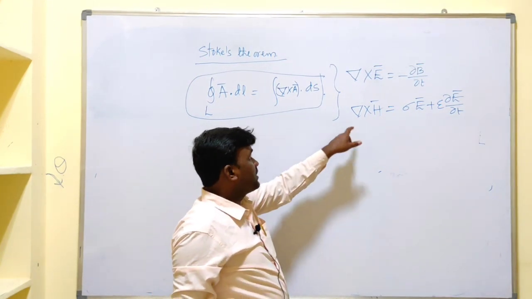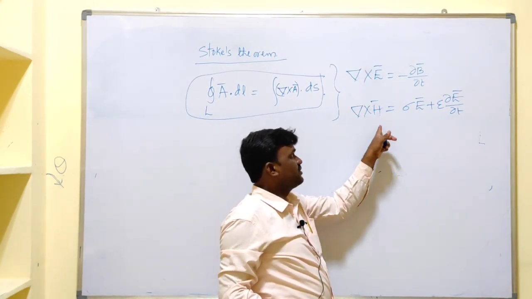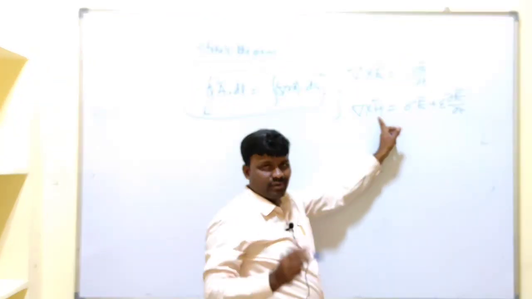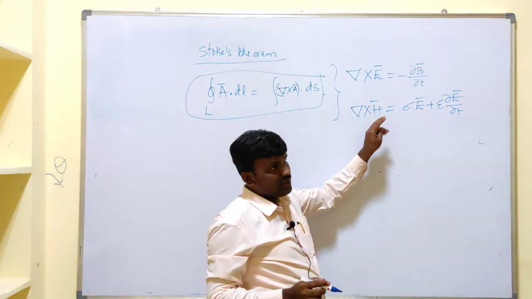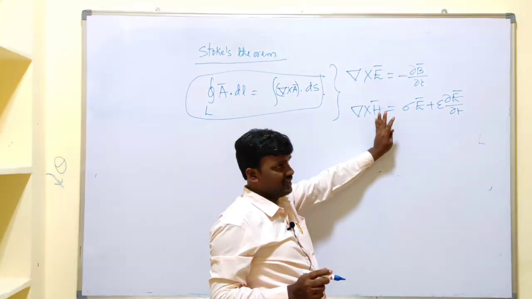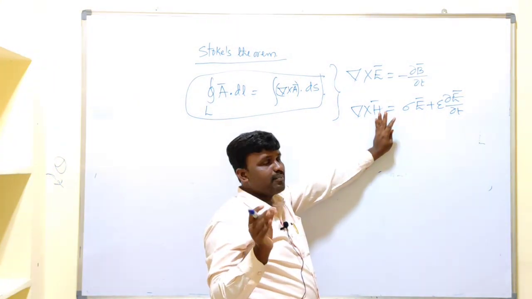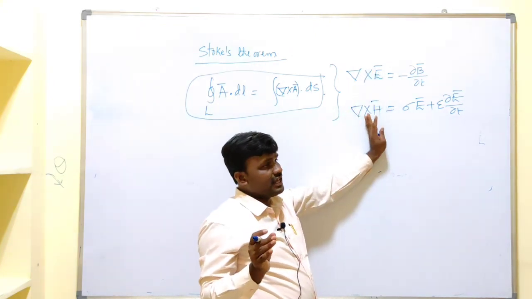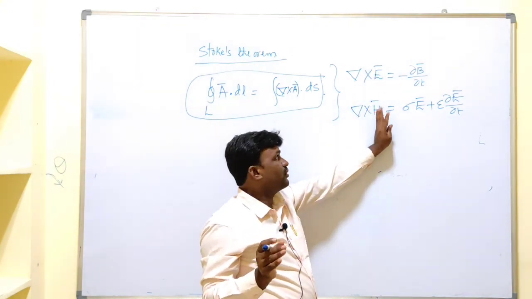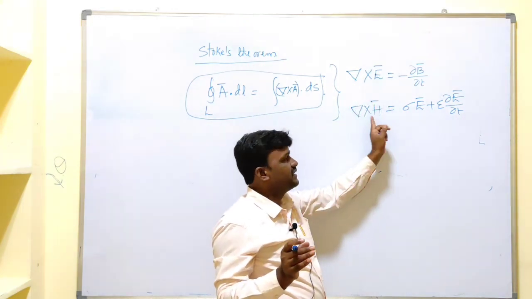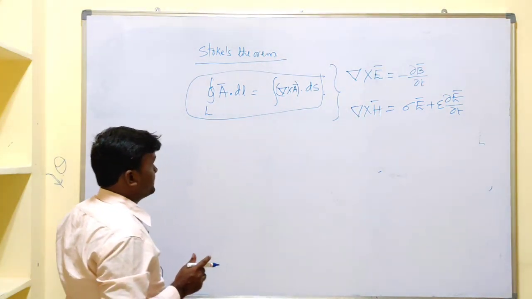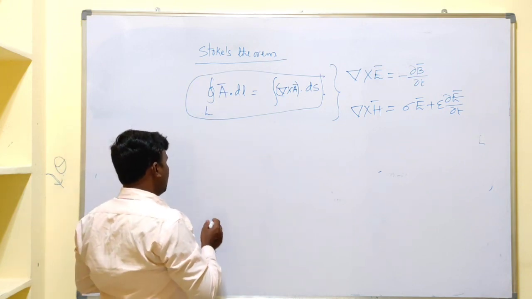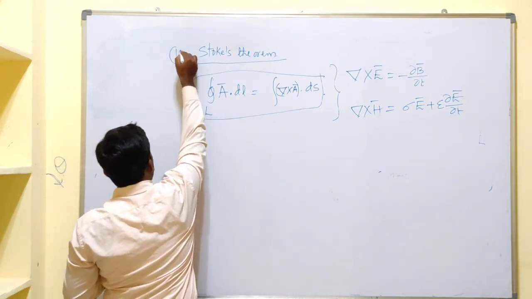Okay. Curl is applied on what? In the case of Maxwell's equations, it is electric field intensity and magnetic field intensity. Remember this. If you want to remember Maxwell's equations, remember like this. Curl can be applied on basically the intensity parameters of electromagnetic components. What are they? Electric field intensity and magnetic field intensity.